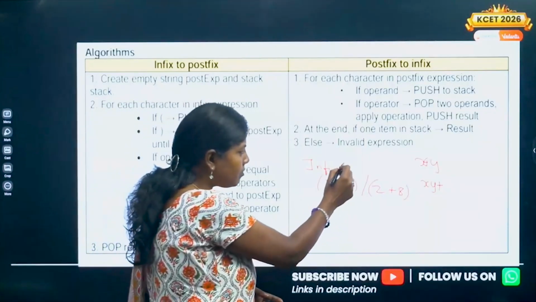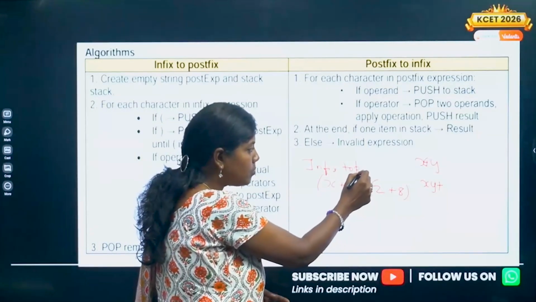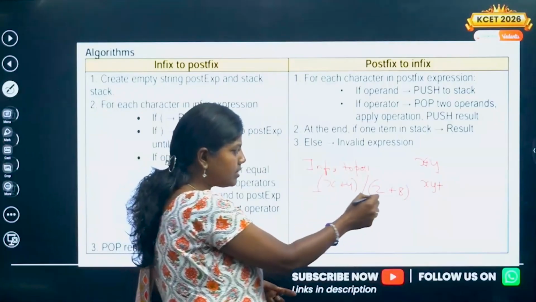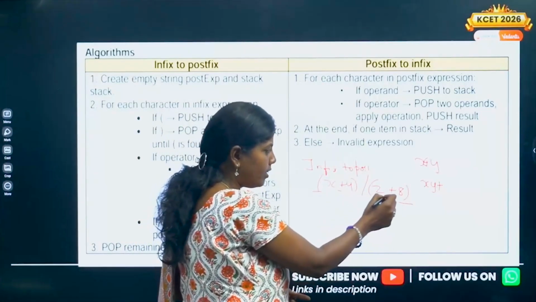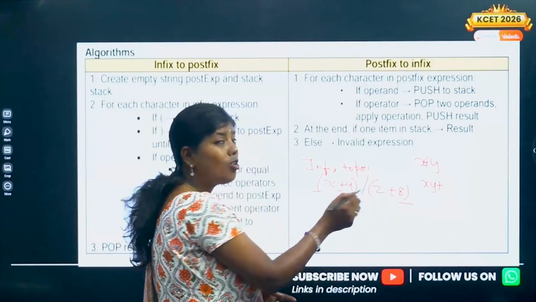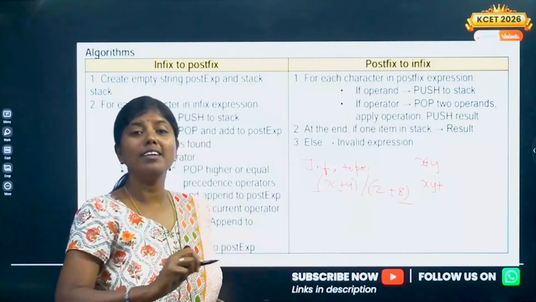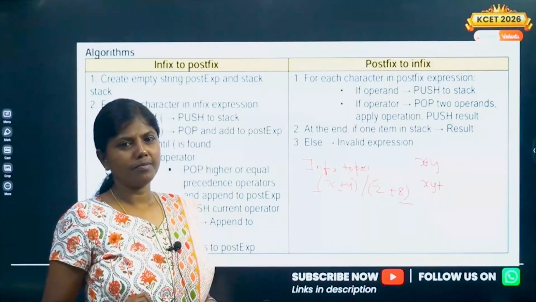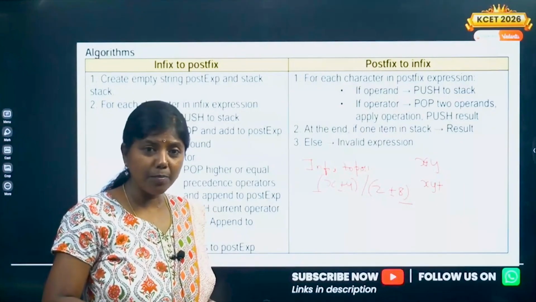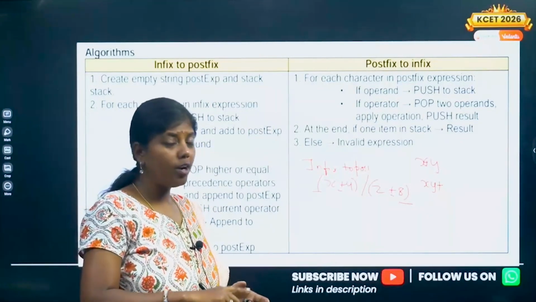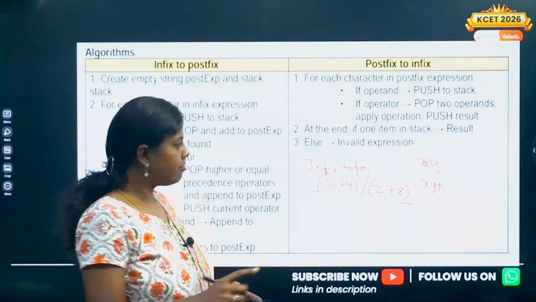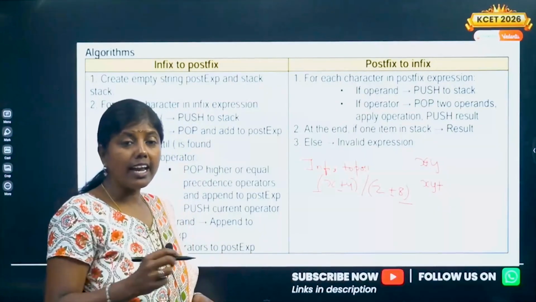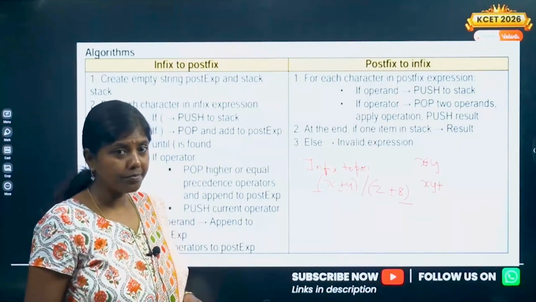To convert infix to postfix, you may get a left parenthesis, a right parenthesis, an operator, or an operand. These are the factors you may come across.